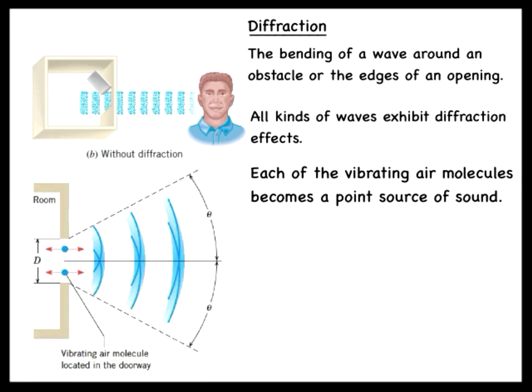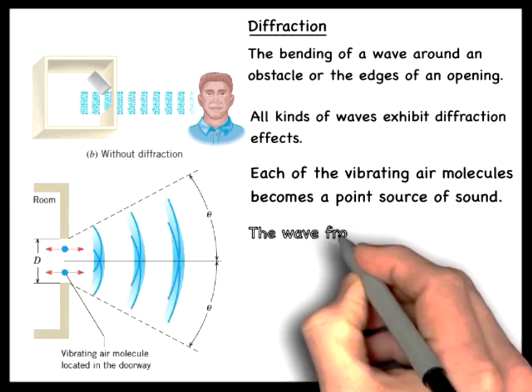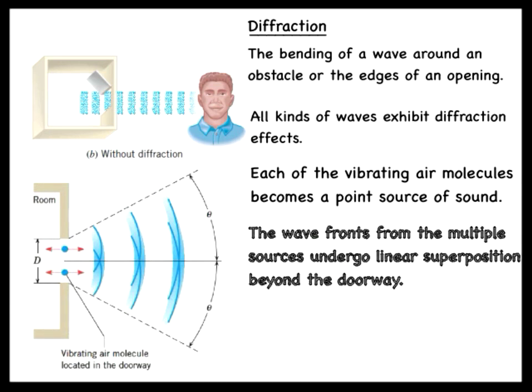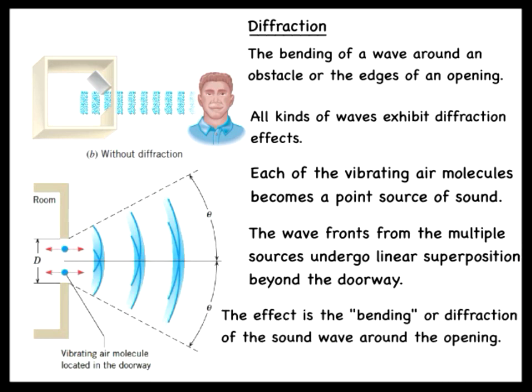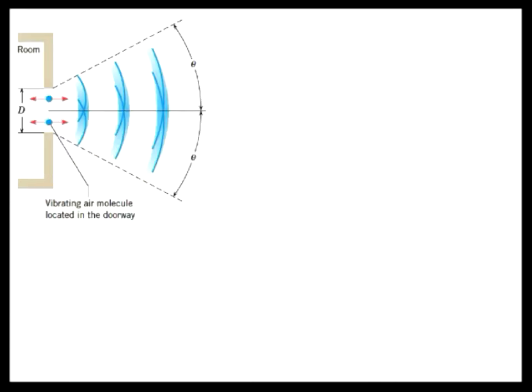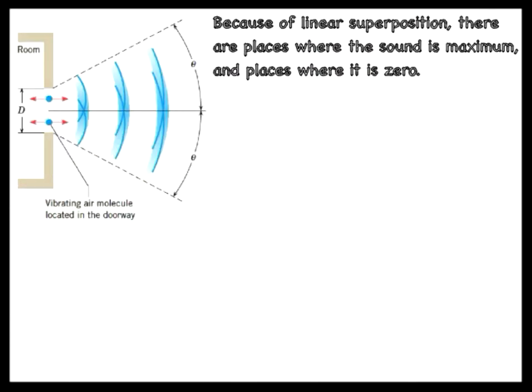The sound waves generated by all the molecules in the doorway must be added together to obtain the total sound wave at any location outside the room in accord with the principle of linear superposition. The net effect is a bending, or diffraction, of the sound wave around the edges of the opening. Further insight into the origin of diffraction can be obtained with the aid of Huygens' principle, which we will explore in section 27.5. Because of linear superposition and the consequence of constructive and destructive interference, it is found that there